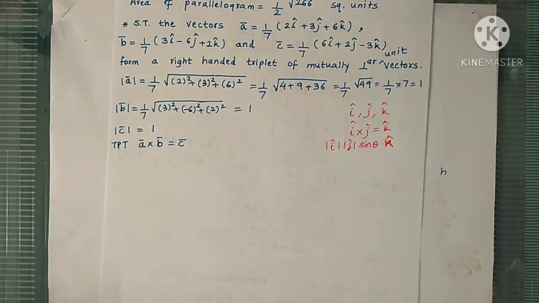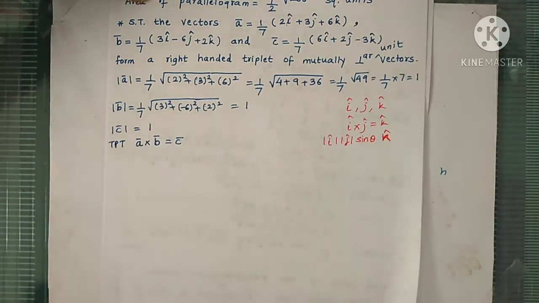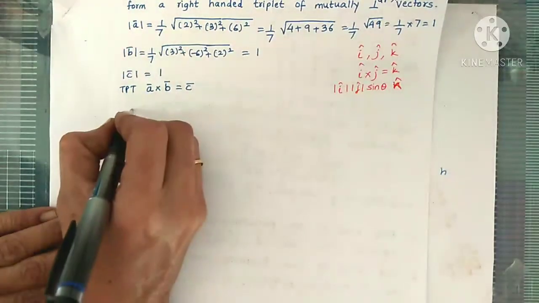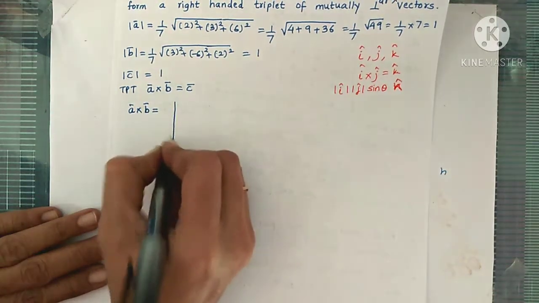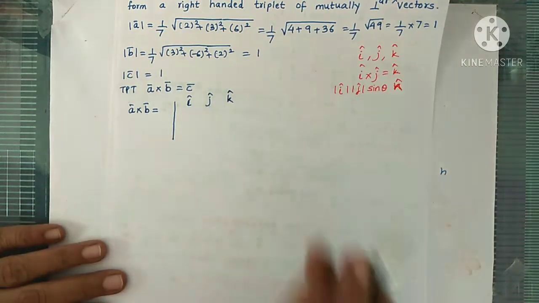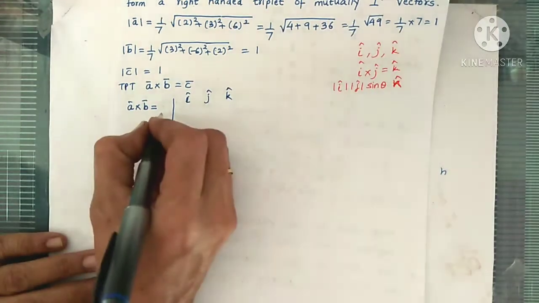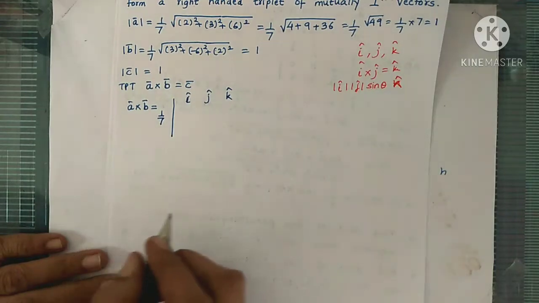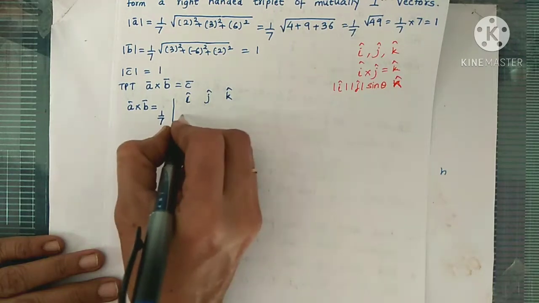So let's find out the cross product of A bar and B bar, and let's see whether we get C bar or not. So let's write the cross product. So consider cross product of A bar and B bar. So A bar cross B bar equal to first row i j k. Next row is coefficient of i j k from A bar. Now A bar is 1 by 7. So let's take that 1 by 7 common from the second row so that we can write the complete numbers or integers here. So those are 2, 3 and 6.